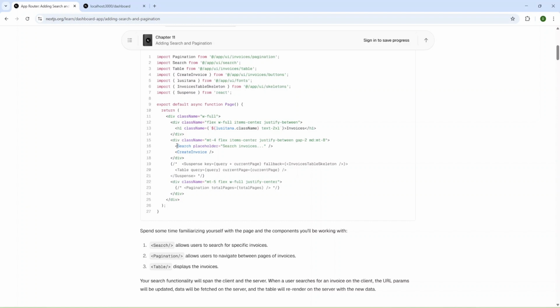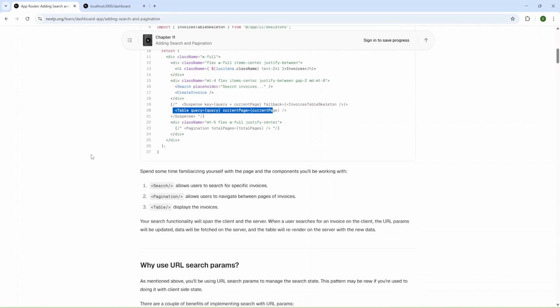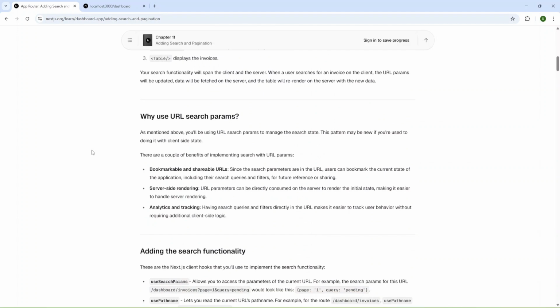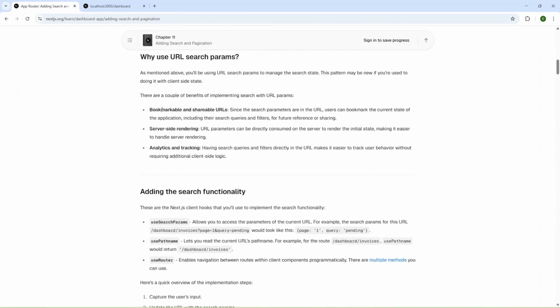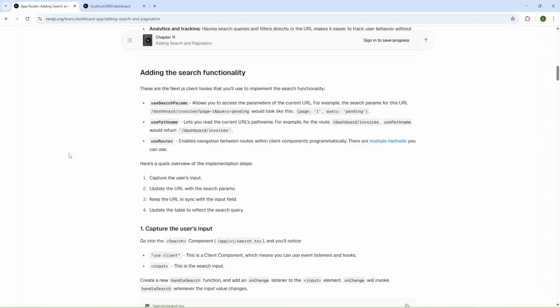We have the search component, also the pagination component, which is commented out now, and also a table for displaying results. Okay, and now we are going to use search params, and you can read the docs. Also, you can read about search functionality and about useSearchParams, usePathname, useRouter.